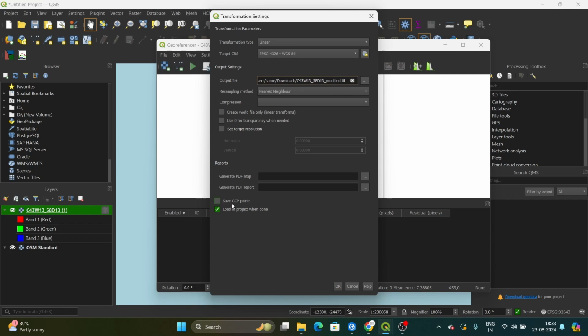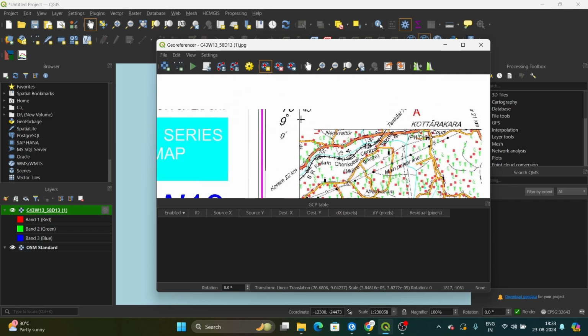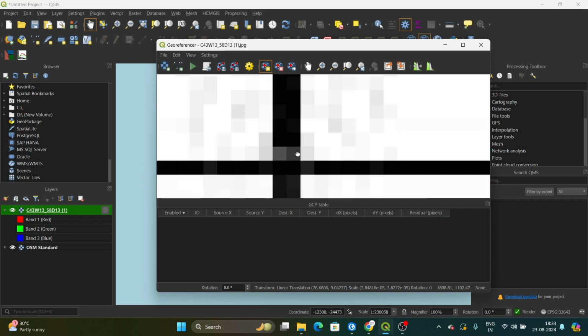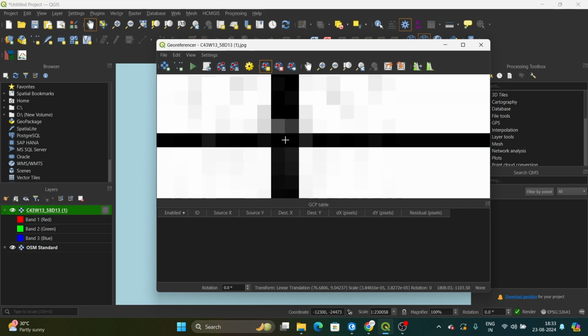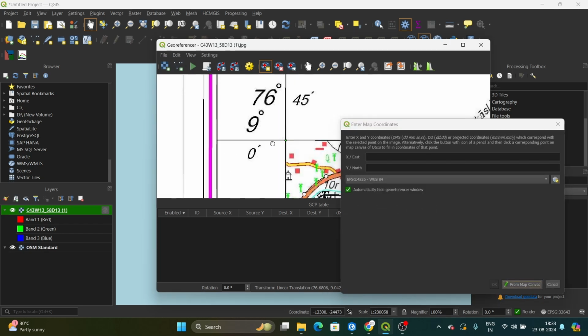And if I want to save the GCP points, I could click this save, or else let it be. Then what I need to do is use the tool called add points. Click on add point, come over here, see where our coordinates are. So these are my coordinates intersecting. I'll move to where they intersect, click the point, zoom out, and then I'll input my points